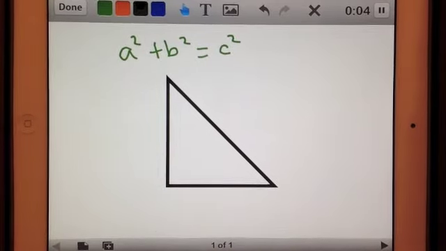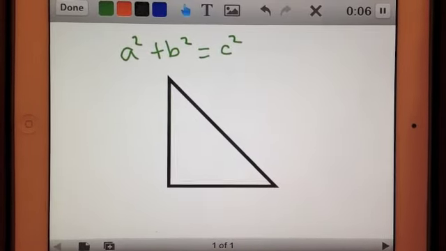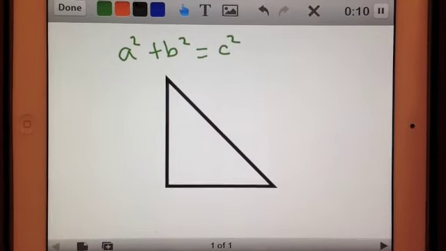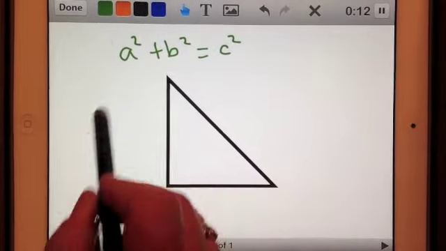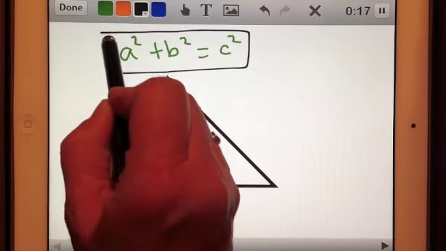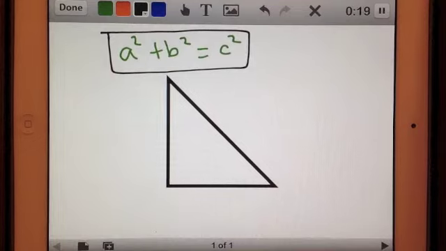In this video, we're going to talk about some information that you need to have in order to understand the Pythagorean theorem. We're not going to actually use the Pythagorean theorem. This right here, by the way, is the Pythagorean theorem. It's a formula. We're not going to actually use it by plugging in numbers and doing the number crunching, but